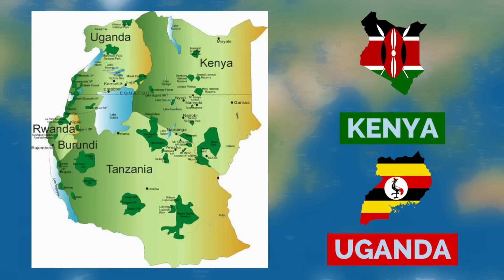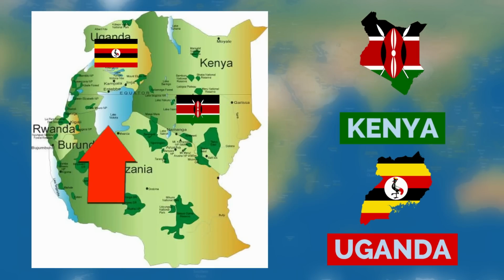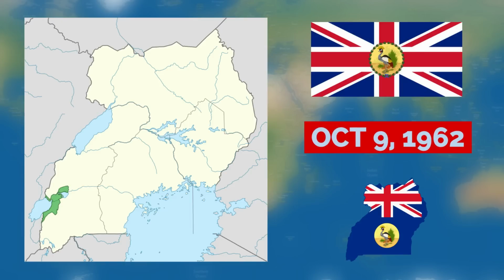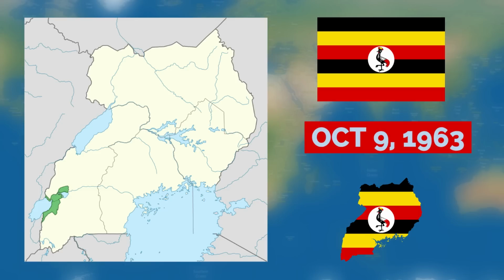Kenya and Uganda are both East African nations bordering the mighty Lake Victoria. They gained independence from British rule around the same time in the early 1960s, but since then, each has carved its own unique path. Modern-day Uganda gained independence from the UK on October 9, 1962 with Queen Elizabeth II as head of state and Queen of Uganda. In October 1963, Uganda became a republic but maintained its membership in the Commonwealth of Nations.